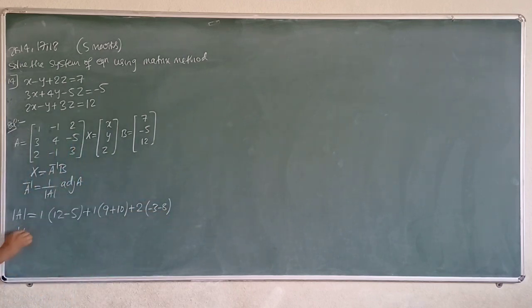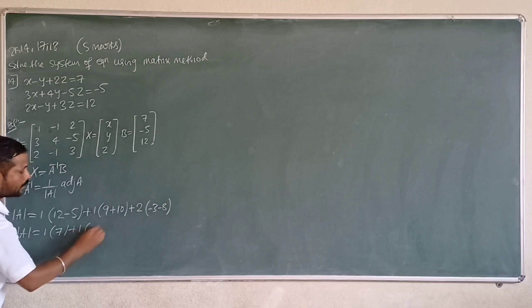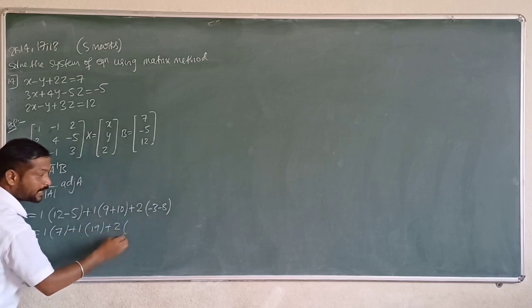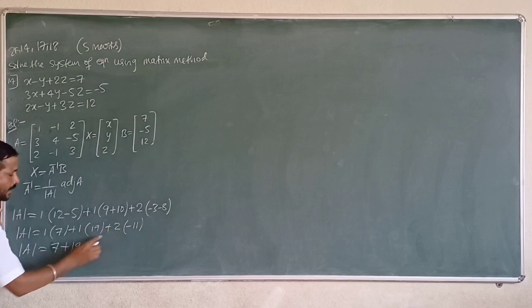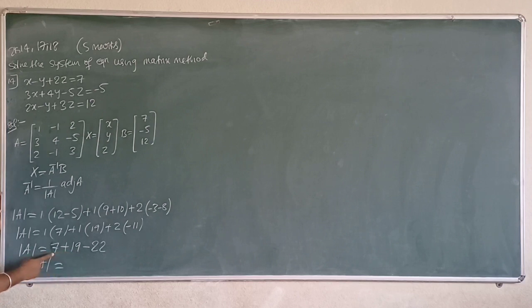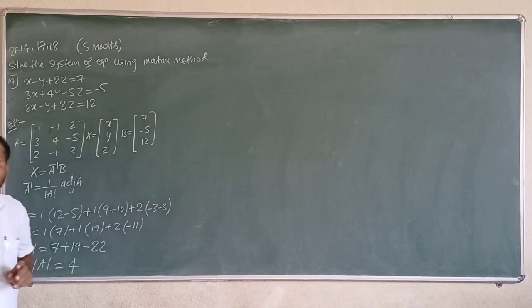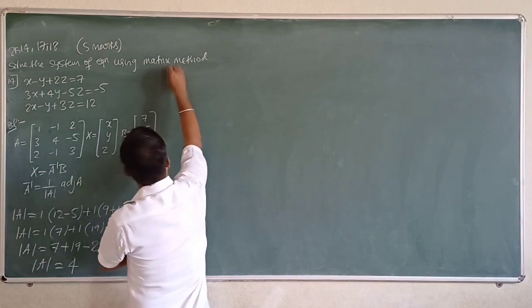Then determinant of A is equal to 1 into 12 minus 5, 7. Plus 1 into 9 minus 10, that is minus 1, times... plus 1 into 9 minus 10 is 19 as computed. Plus 2 into minus 3 minus 8, minus 11. Right? Minus 3 minus 8 is minus 11. Determinant of A is 1 7s are 7, plus 19, plus into minus minus 11 2s are 22. Then determinant of A is 19 plus 7 minus 22. It becomes 4. Right. No doubt. Then go for what here? Next is